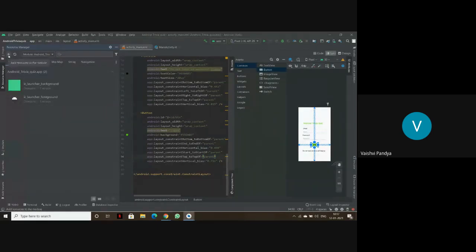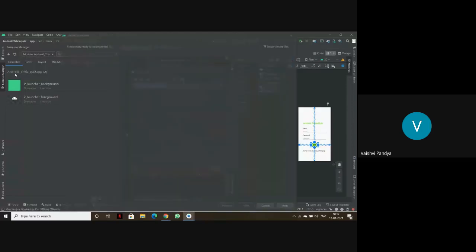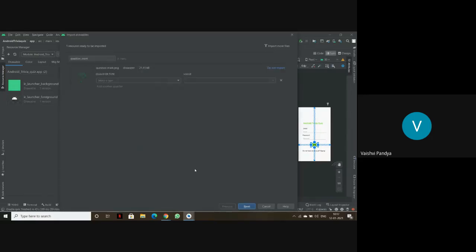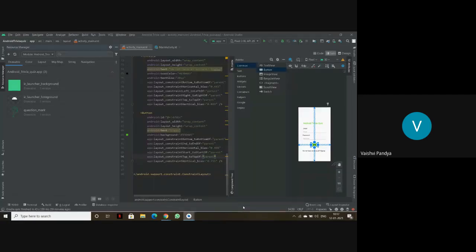Then add the plus button. From that, you go to Import Drawables. And in import drawables, there are many of the PNG files that I've downloaded. But here I want a question mark PNG, so I'll just click on OK. Then I'll click next and import. This will help to import the drawable from the downloads to my Android Studio.